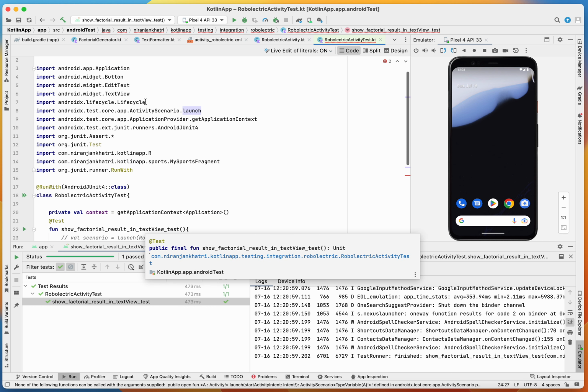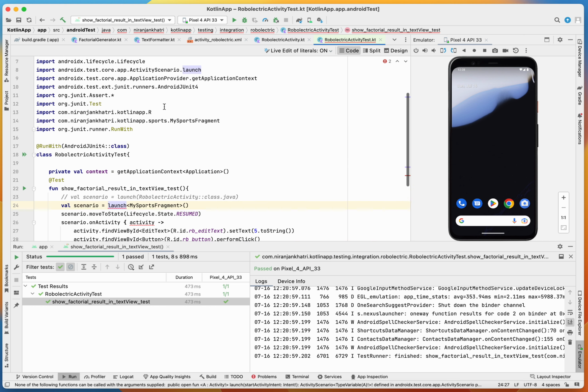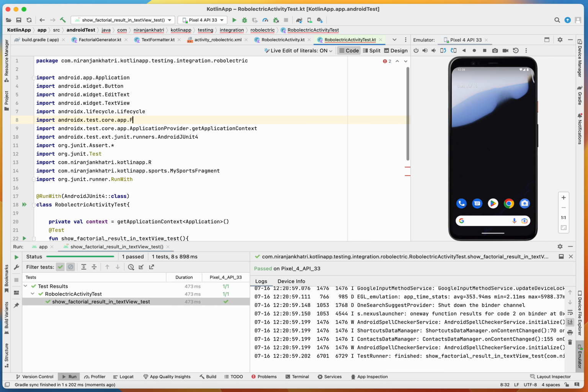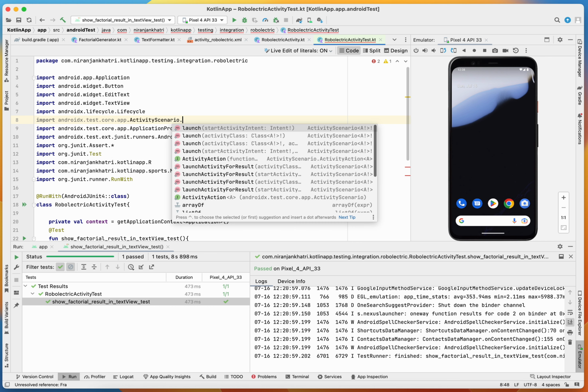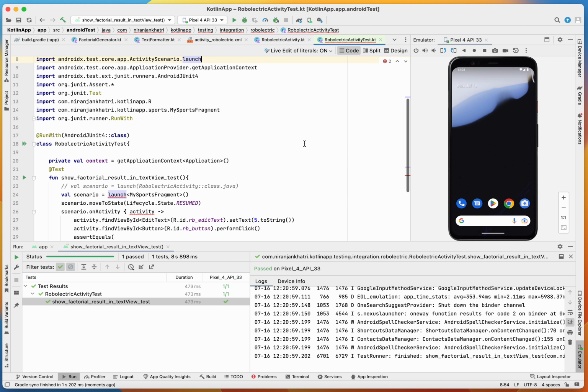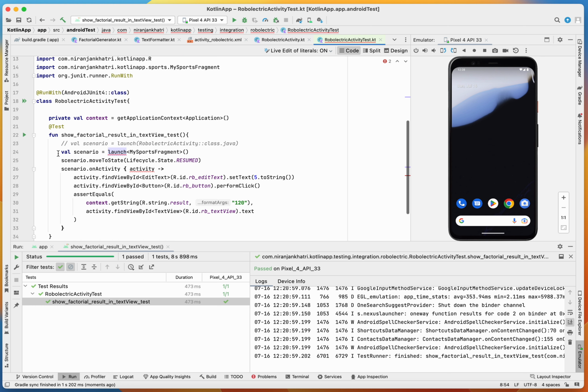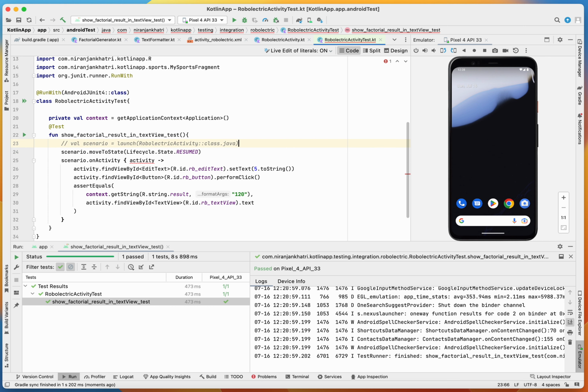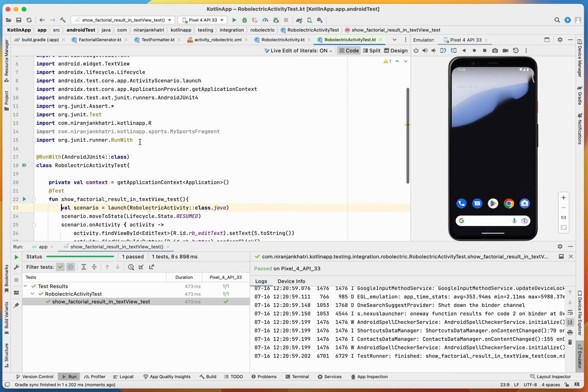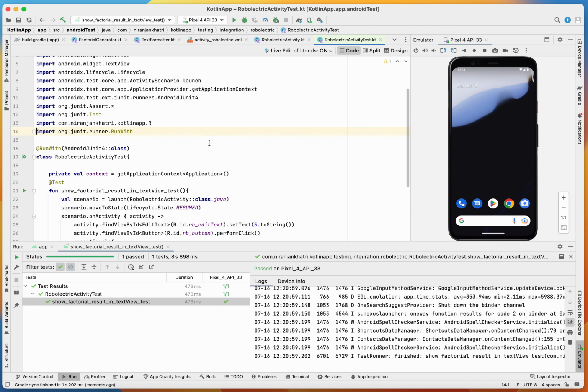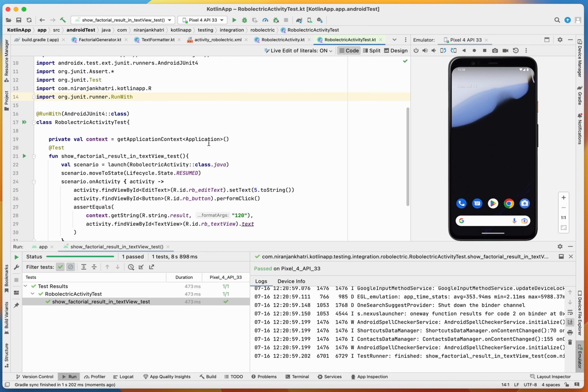We don't have a fragment scenario, just the activity scenario. So I suggest you just use the activity scenario for the moment. As we can see, there is an error with the fragment scenario right now,